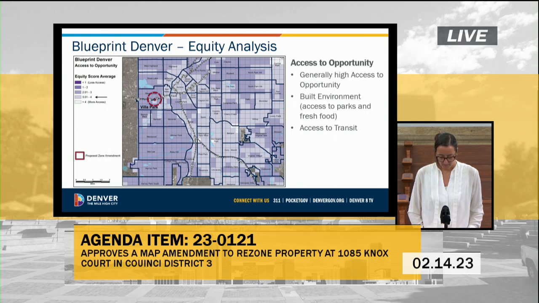While the proposed allowance of a multi-unit residential development does not directly increase access to opportunity, an increase in residents might increase the likelihood that more goods, services, and amenities will be located in the commercial and mixed-use zone areas of the neighborhood. Additionally, the proposed zone district would allow additional housing units at a location that is well served by transit, providing residents with additional access to daily needs.